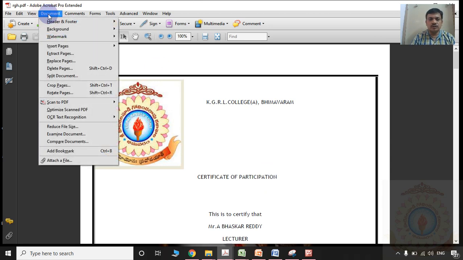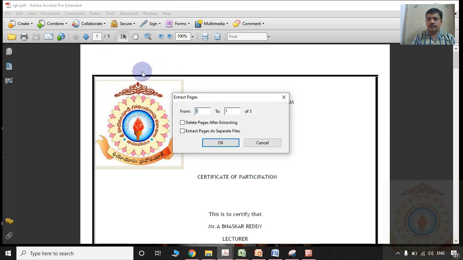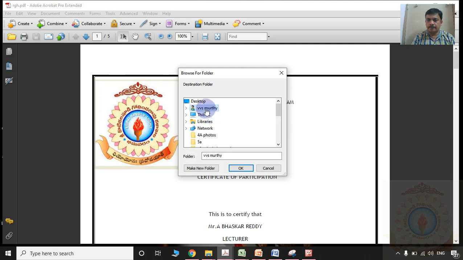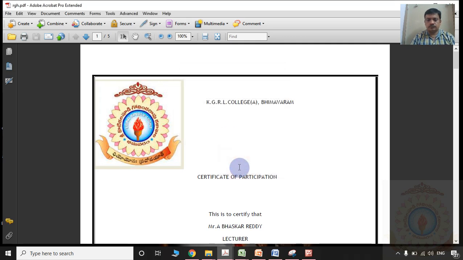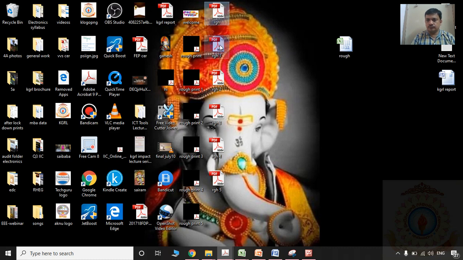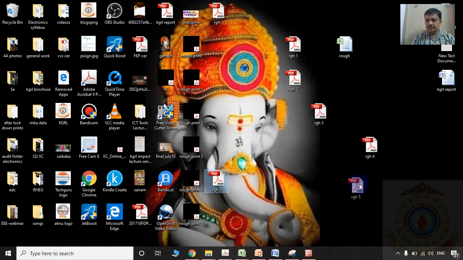Then what are we supposed to do? We need to extract all the pages. Then please observe here: RGH1, RGH2, RGH3, RGH4, RGH5.